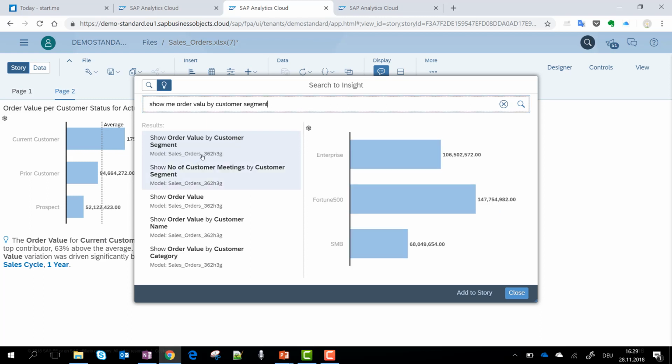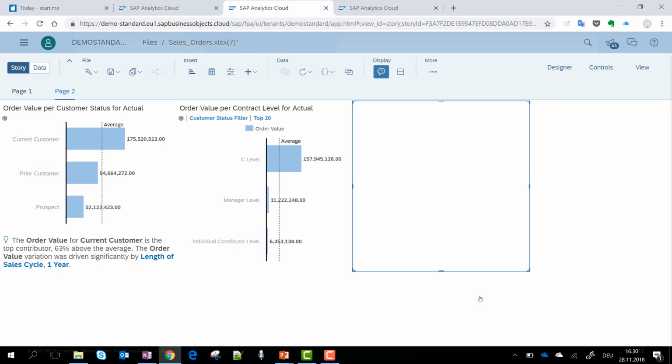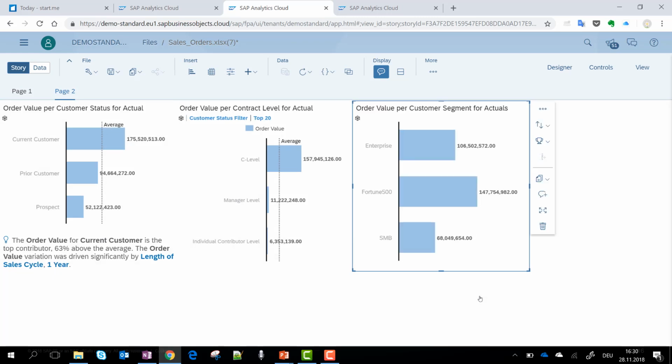Ooh, no, it doesn't. That's not a problem. That's good. So the system understands me, but suggests a couple of other things that are related to that query. But the first hit is really good, so I'm adding that to my story. And so what I try to bring across is really this is a very natural analysis